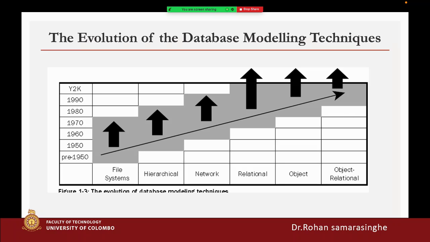To overcome such difficulties, the 50s also introduced the hierarchical data modeling technique. We'll explain it later. And the 1960s introduced the network model, and the 1970s introduced one of the most important, and still heavily used,